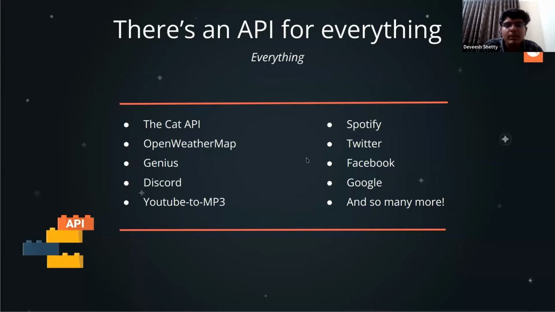Okay. So there is an API for basically everything. Whatever you can think of, there will be an API. There are APIs for animals, like the cat API and dog API, which will give you images and facts, and the open weather API, which will tell you the weather of your current region. Then the Spotify API.